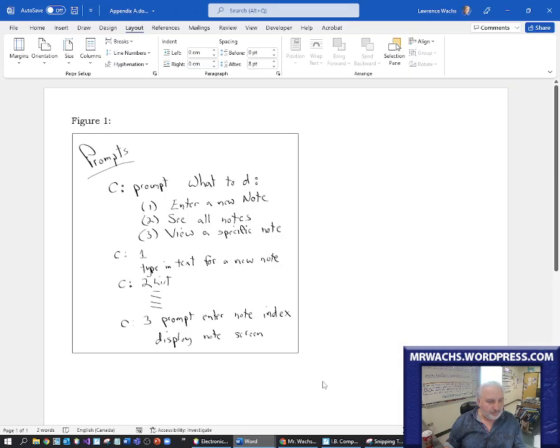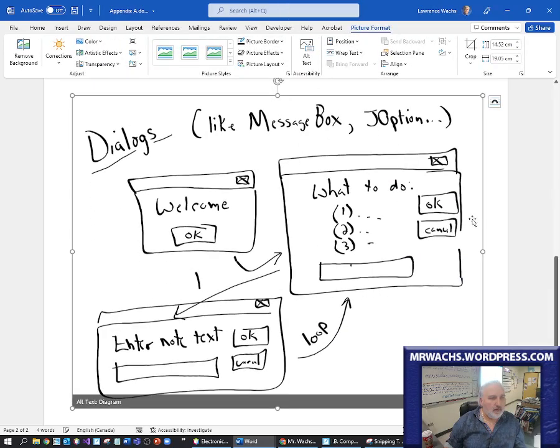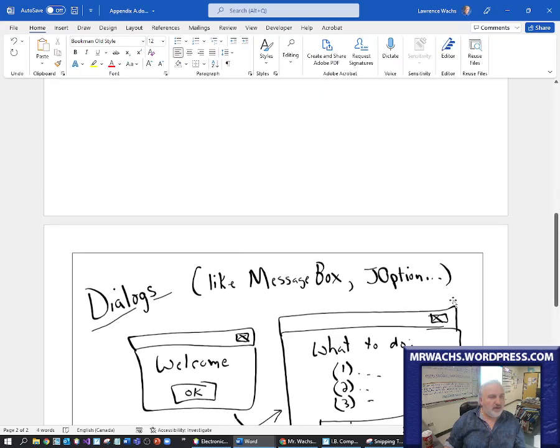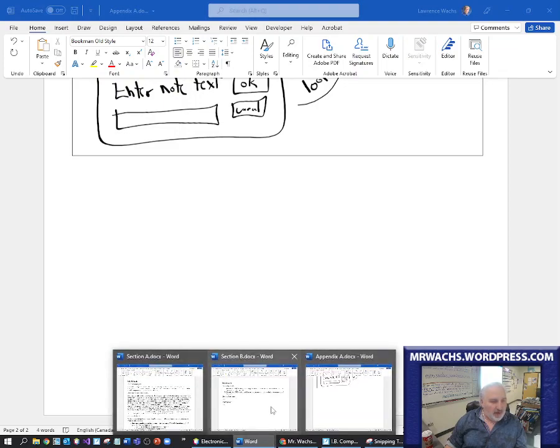Okay, so that was my figure 1, this will be my figure 2, put a border on it. Okay, so I've got a figure 1, I've got a figure 2, write that. Okay, let's go back to my